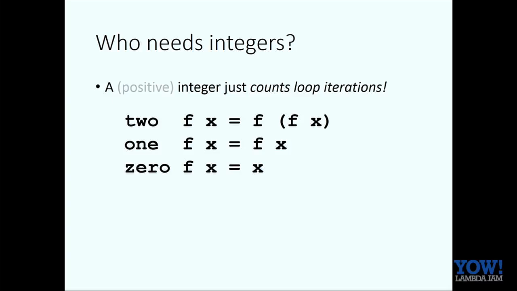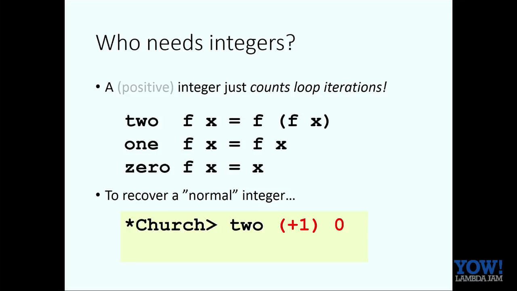Well, I should show you how to turn them back into a normal integer. So suppose you write these definitions in Haskell. How can I convert 2, for example, back into a normal Haskell integer? Well, I can just call it in the Haskell shell. This is the Haskell read-eval print loop. And I'll run a loop that increments 0. Okay, so +1 is Haskell notation for the increment function. So this says increment 0 twice. And what do we get? 2. There we are. So these really do represent integers because I can get the integers back out from them.